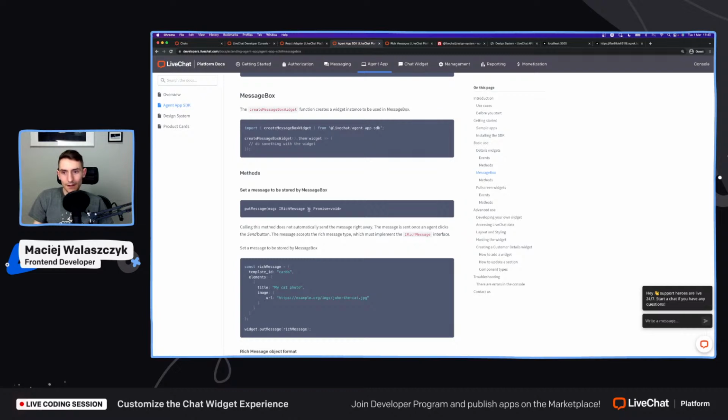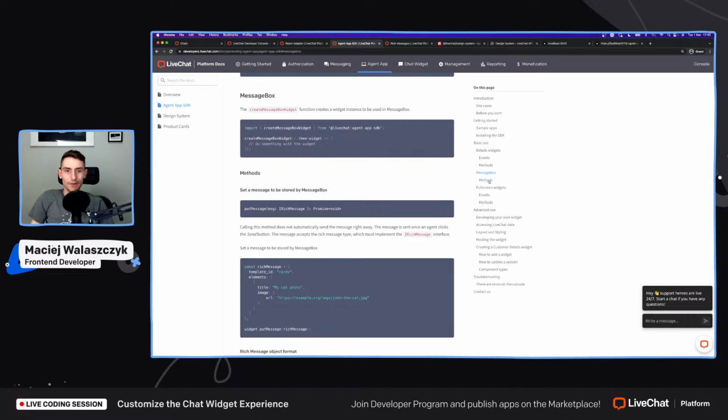So as it is stated here, we need to await it or attach a then callback to grab the widget instance, because calling this function will create a connection between our application and the LiveChat Agent App, which will then allow us to call some methods on this widget instance,